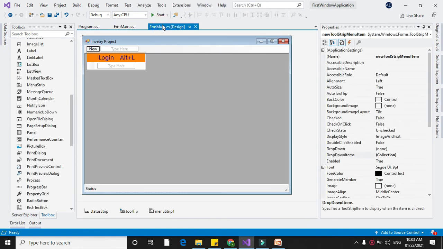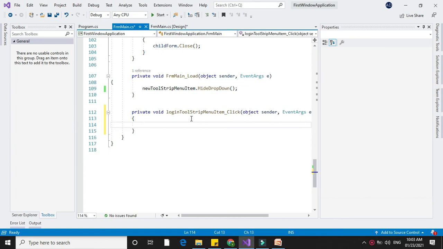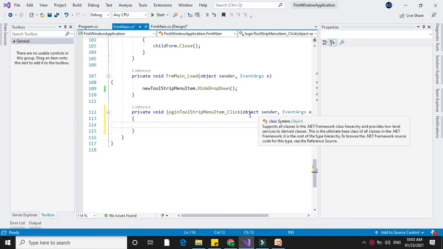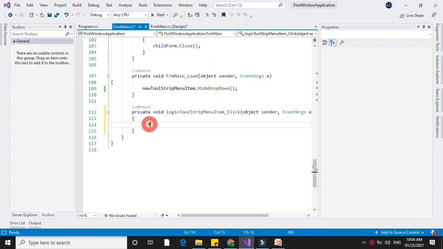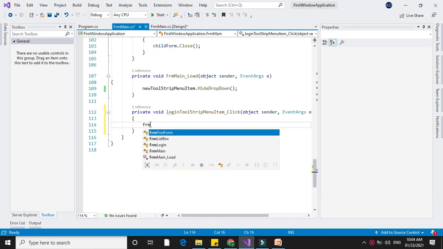Now we see the click event. If you want to execute any command or to call any form using the menu item, select the menu item which you want to execute and just double click here. It will create the login toolstrip menu item click event. Here we are going to call the login form. So first I will create the object for our login form.